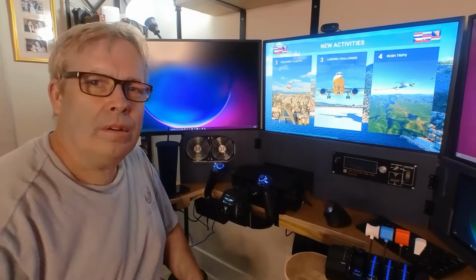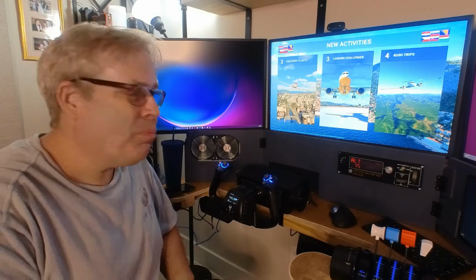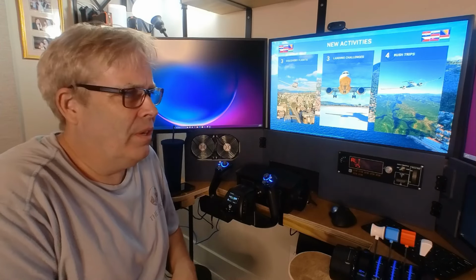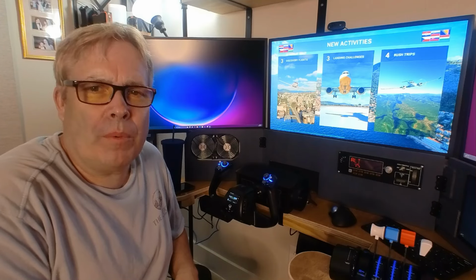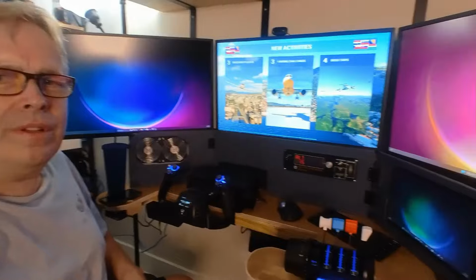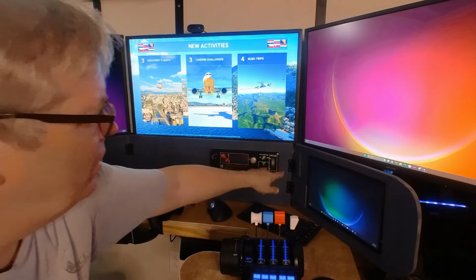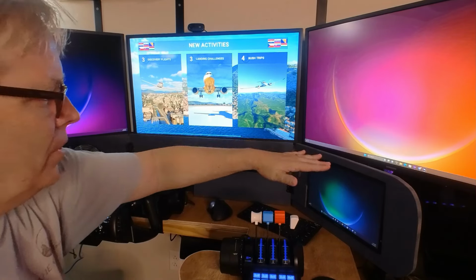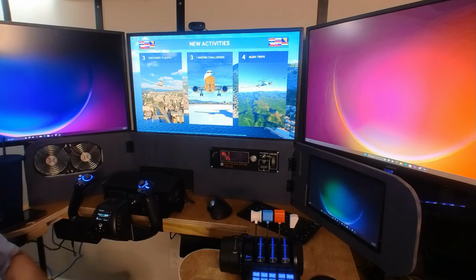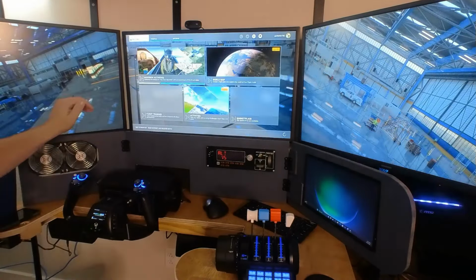Okay, here we are. I would pretty much call my V1 finished at this point, at least enough to be able to experiment with it and see what I like. So what I've added: these are hinged here and here to help with stability and portability, I guess. Third screen there, new control panel here,